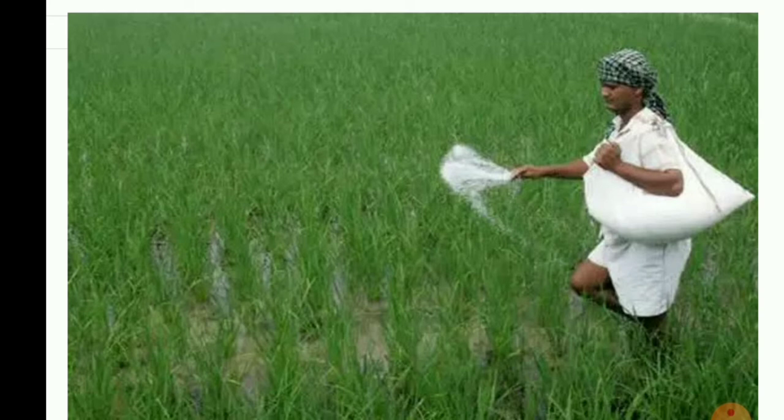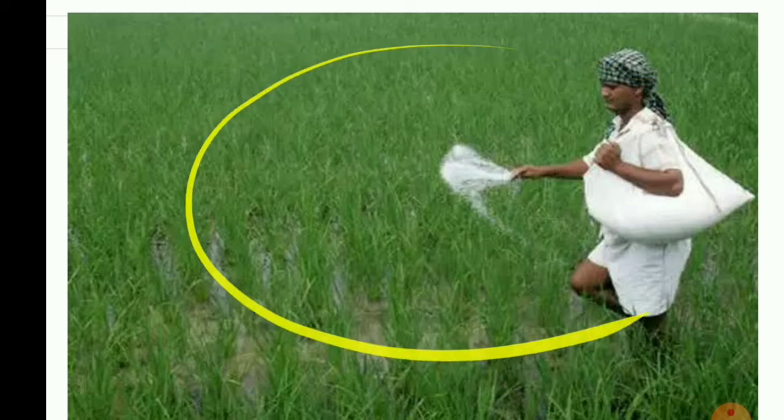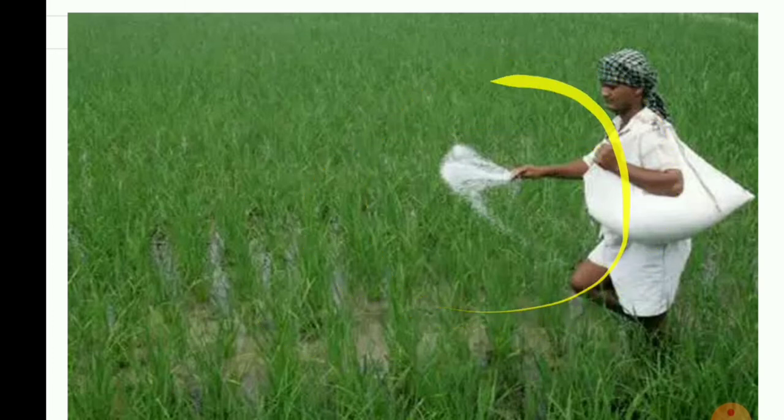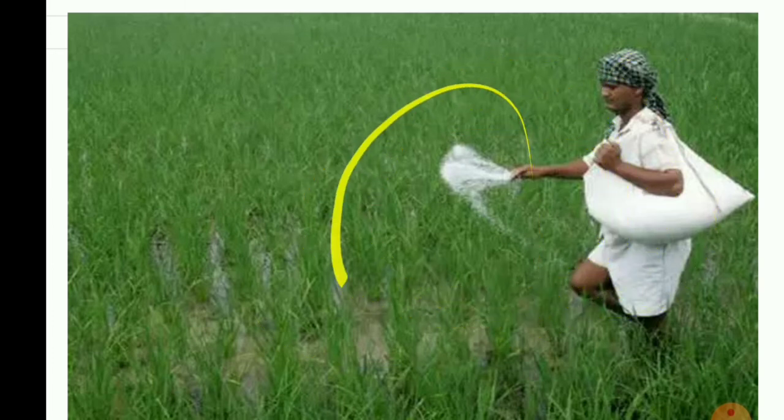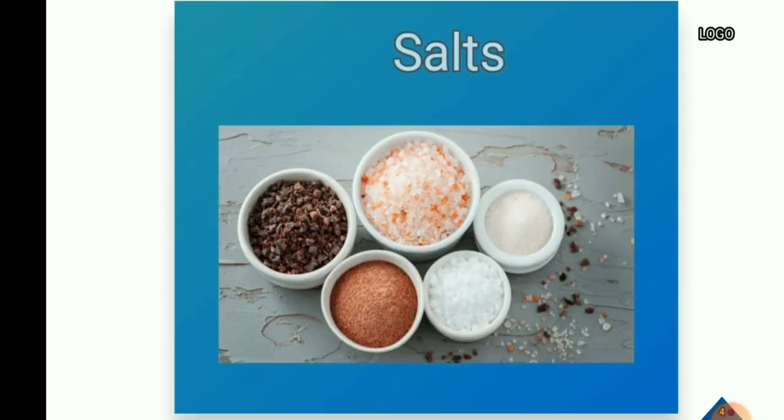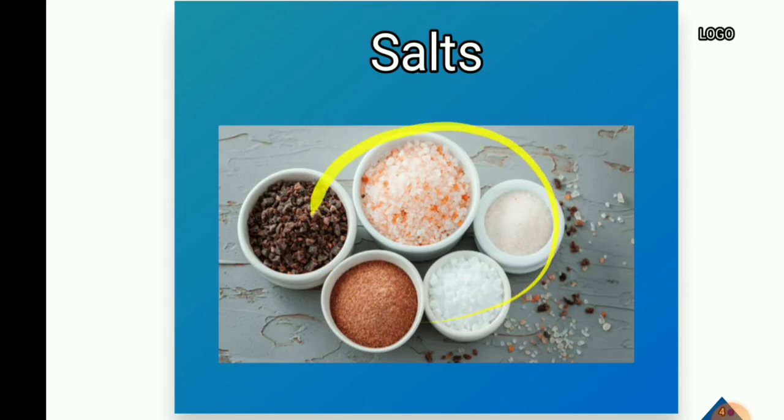Is it or not? Yes, this is how fertilizers, these are also some kind of salts. The fertilizers are also some kinds of salts which you use in the fields. And coming to details, what these salts are: crystal salts, iodine salts, different types of salts you will find in your kitchen also. Is it or not, children? And even in your labs, you will find different types of salts.